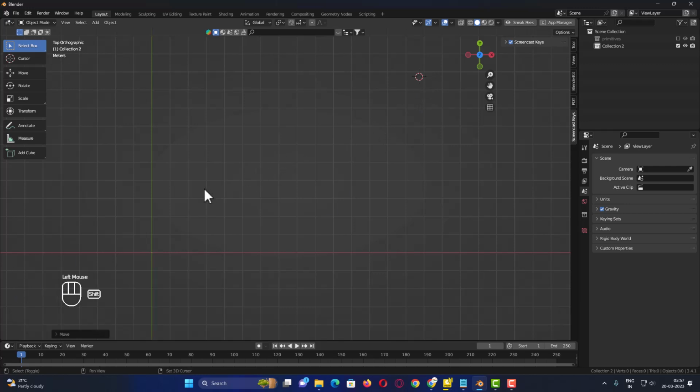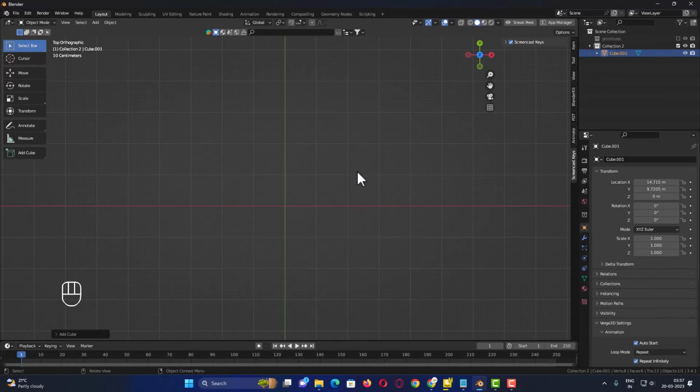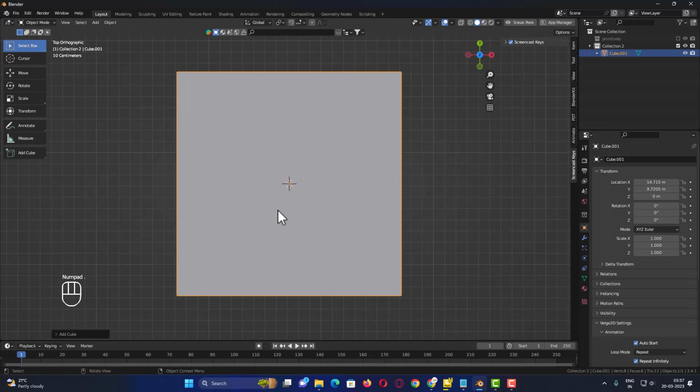And now I am focused on this area, and I will press Shift plus A and add a cube. So, I pressed Shift A and added a cube, but this cube is nowhere visible in my scene. If I suddenly want to see or zoom to the object that I have just added, you can press the period button on your numpad. On your numpad, if you press the period button, immediately you will be zoomed in to the object that you have selected. See, immediately the scene has been panned to this object.